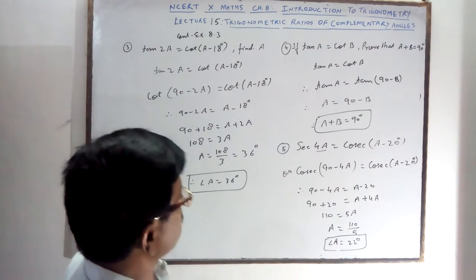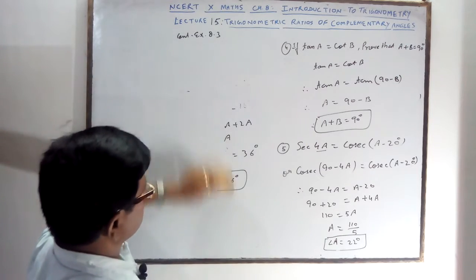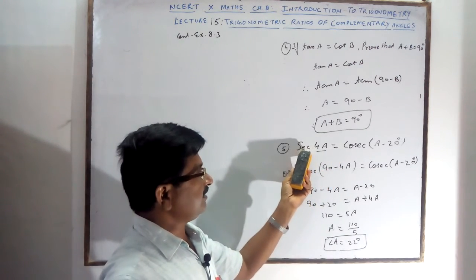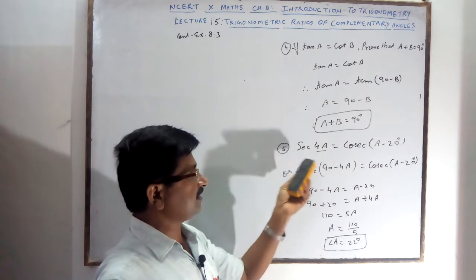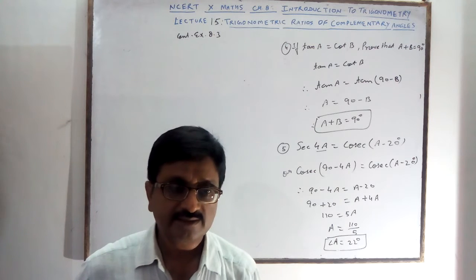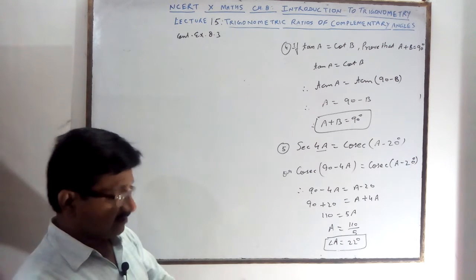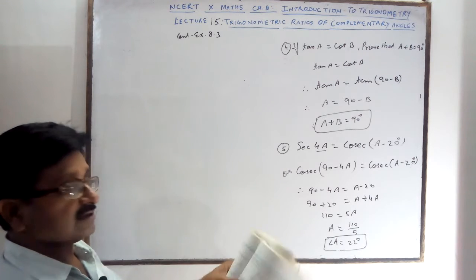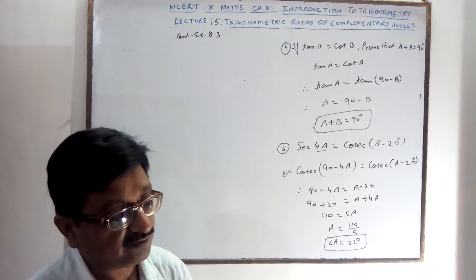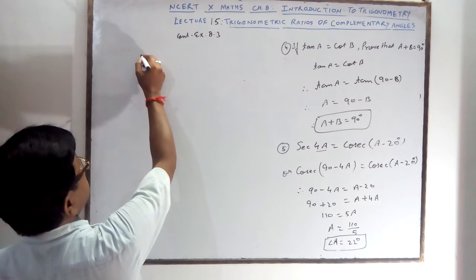Easily you are writing here. Question number 6 you will see. The same exercise, question number 6. Like this, any values will be given, you can solve any values. Here tan, here sine given, here cos given, here cot given, here tan given. Only you change, your question will be changed. Tan, cot, sec, cosec, sine, cos. What is question number 6? If A, B, C are the angles of a triangle ABC.